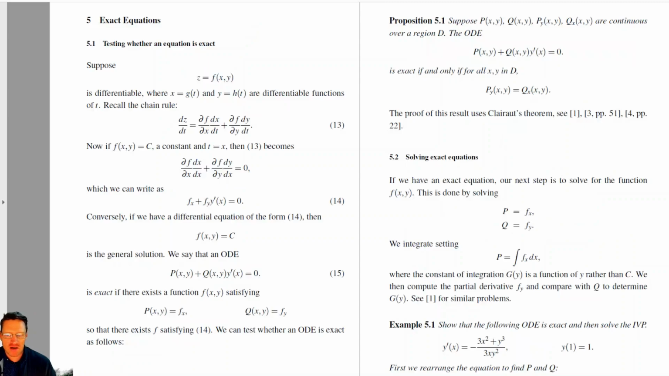Okay, so let's go back here. So it relies on that result, but you can see full proofs in these references here. I've got page numbers as well. All right, so let's have a look at how we actually go about solving an exact equation when it is